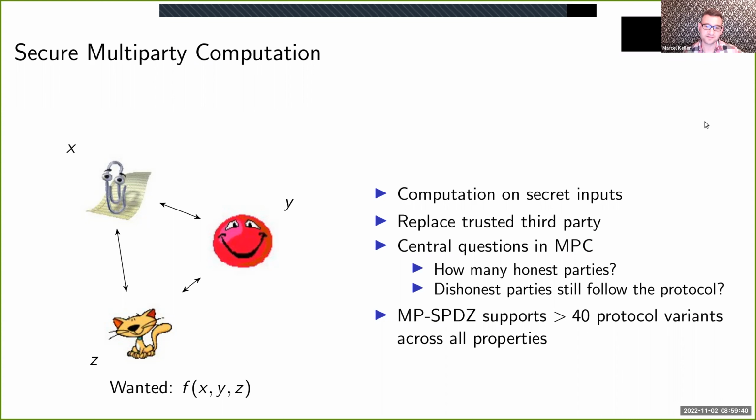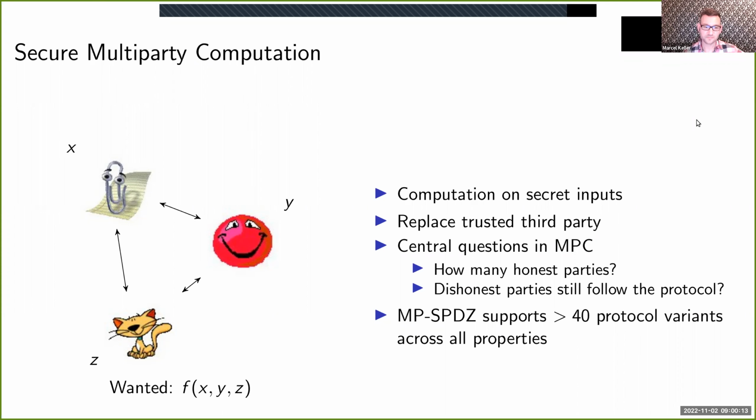We might have a dishonest majority, just like 1 out of 1 parties being trusted. There's also the question, do we trust everybody to follow the protocol, even the parties we don't trust, or is that not even a given? And all these questions give rise to a lot of flavors or security models. And all in all, MP-SPDZ now supports more than 40